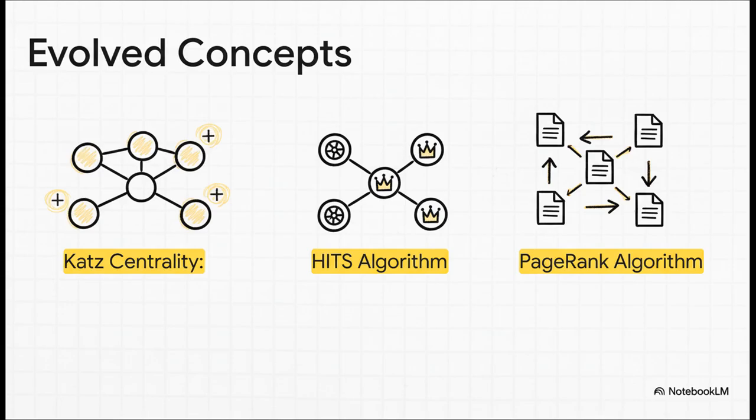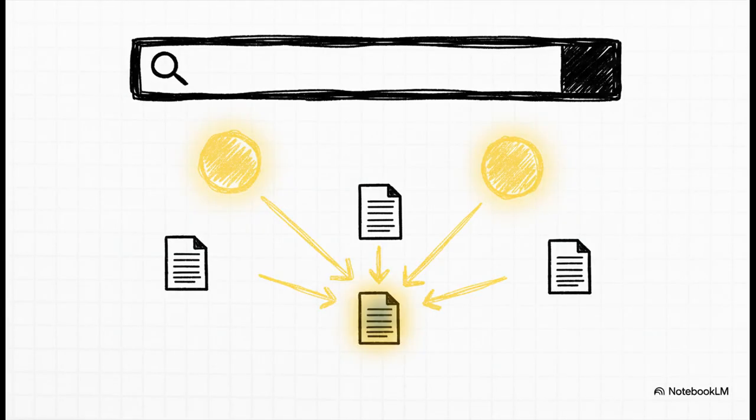Some, like one called Katz Centrality, did something really simple. They just gave every single person a tiny base level of influence to start with. That way, nobody gets stuck at 0. And this kind of thinking, this evolution, it kept going. And it led to one of the most famous algorithms in the entire world. And that algorithm? It's Google's legendary PageRank.